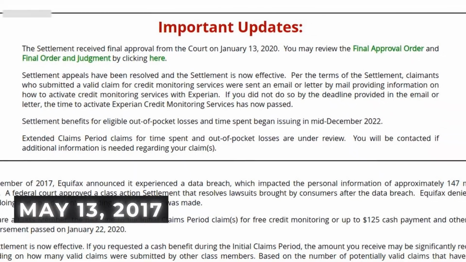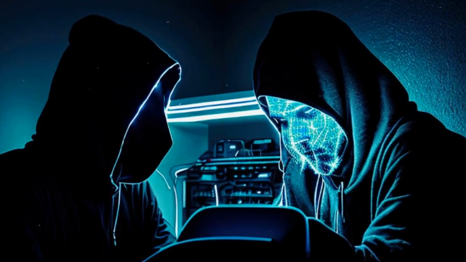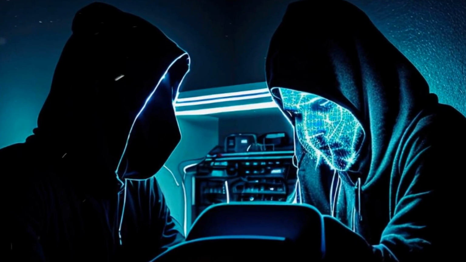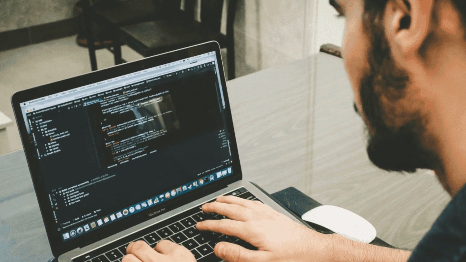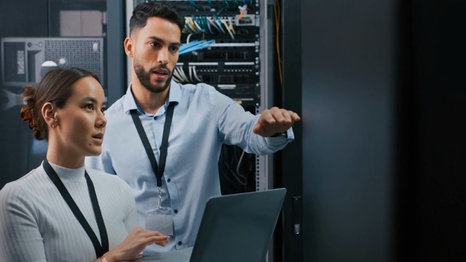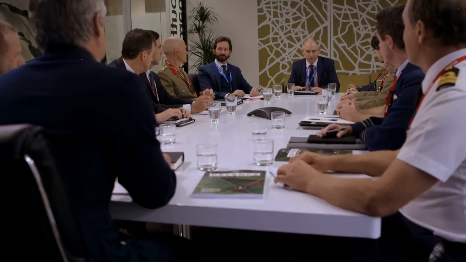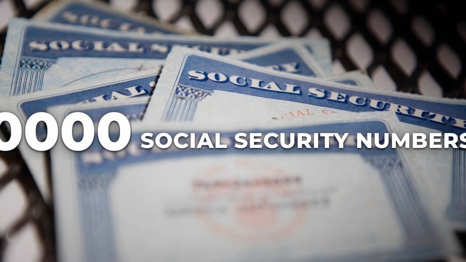May 13th, 2017. Equifax's security team gets an alert. An unknown actor is pulling data through a web application vulnerability. The patch for that exact vulnerability had been available from Apache for 78 days. Nobody applied it. By the time anyone understood what was happening, 147 million social security numbers, birth dates, and home